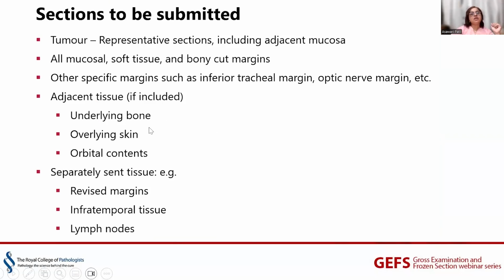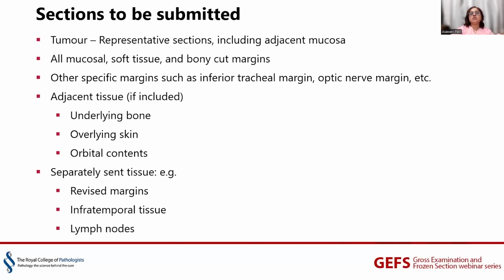Now, what sections are to be submitted once we finish our documentation of grossing? We need representative sections of tumor, at least 3 to 4. When you submit the tumor section, please try to include adjacent mucosa. That is the most important thing. We'll see why it is important, but adjacent mucosa is essential when we want to measure the depth of invasion. So tumor sections, if it is a big tumor or if it is post neoadjuvant chemotherapy, we can submit